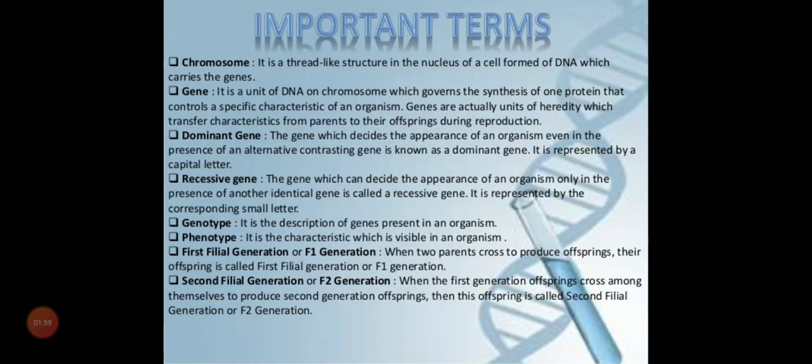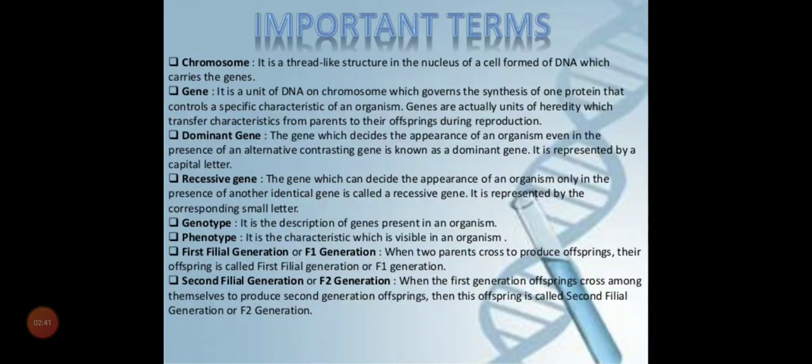Phenotype is related to physical appearance. It is the characteristic which is visible in an organism. For example, if somebody has a long nose or short ears, these are physical appearances. These are also controlled by specific genes, and they cover the physical or outer appearance which is visible to us. So we can say that phenotype is visible to us and is related to the physical properties controlled by genes, whereas genotype is not visible to us and it describes the genes present in an organism, as we are not able to see the genes with the naked eye. So these are not visible to us.